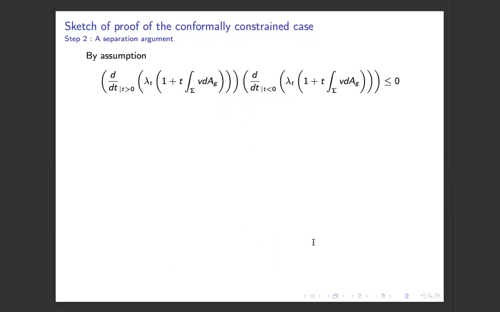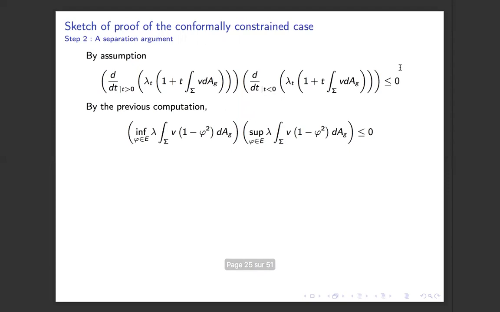Now, by assumption, since we have a critical metric, we obtain this. We have to multiply by the length, by the area of the surface. So the area is nothing but 1 plus t times the integral of the variation. And we have to use that. The metric is critical with respect to this variation. And when we come to the derivative, we have that